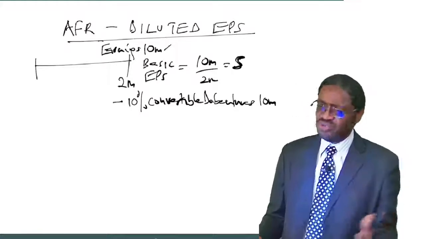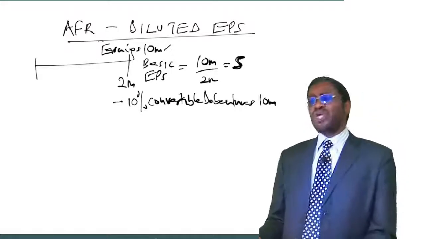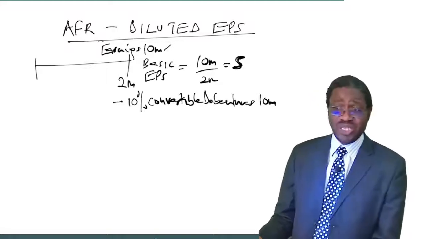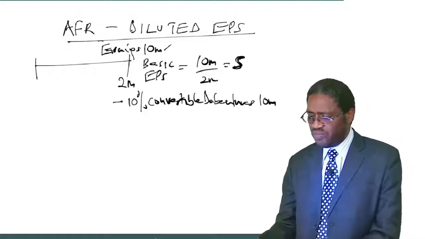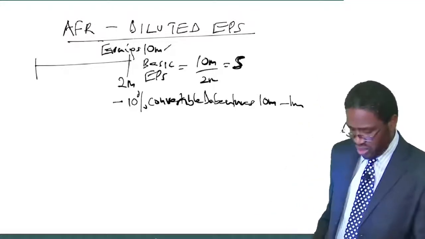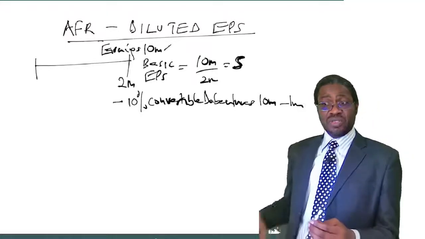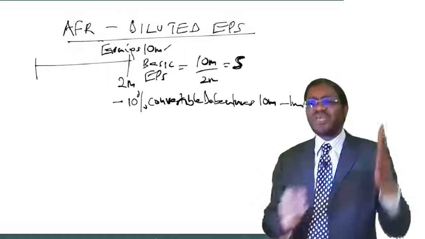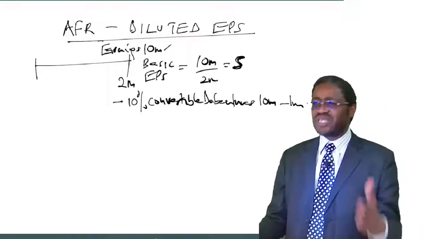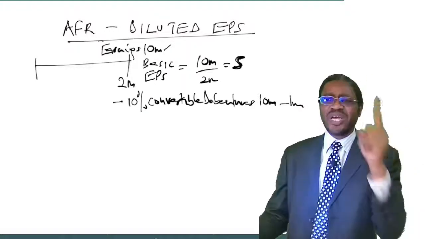Now, let us assume that when you were issuing the debentures many years ago, you promised the debenture holders that anytime they want to convert their debentures into ordinary shares, you would give them 1 million shares. 1 million shares, okay? So, listen now. Assuming the day we issued the debentures, many years ago, had the debenture holders converted,